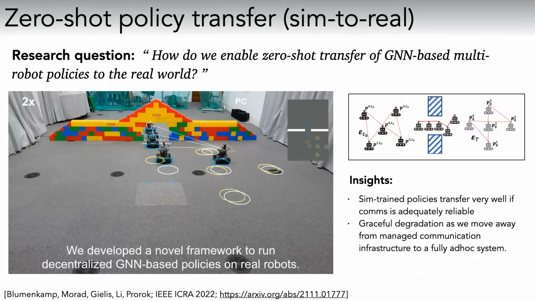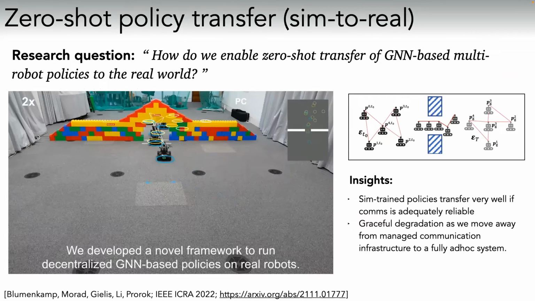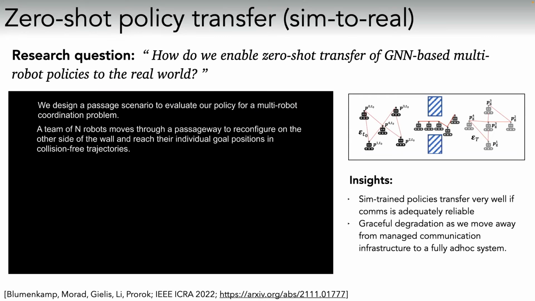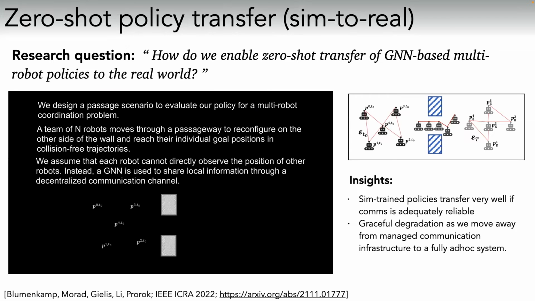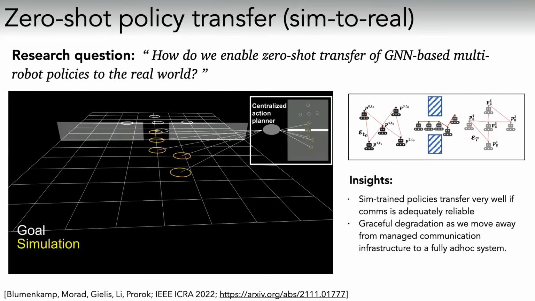Okay, so I'm going to talk a little bit about some work that we have done in the area of sim-to-real as well. And one of the things that we care about is the sim-to-real gap, or the distribution shift that you encounter in problems where robots are interacting with robots, where the interaction channels is what our policies have tried to fit to, okay? So in our case, the distribution shifts that we're encountering are due to communication in the real world not really being like communication in simulation. So what do I mean by that? And I'll walk you through the movie.